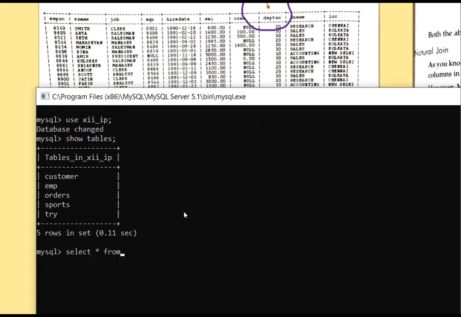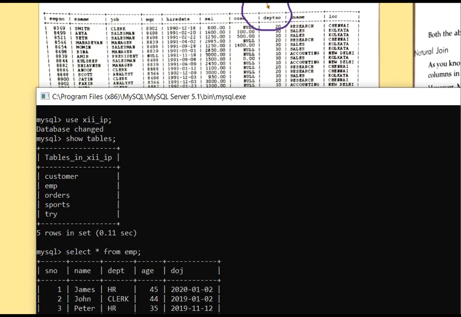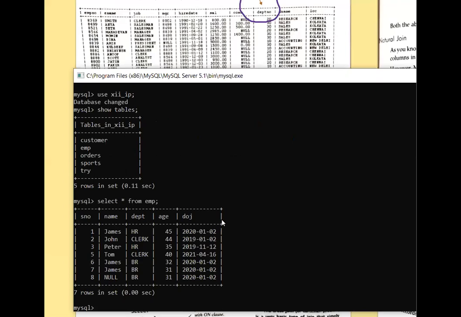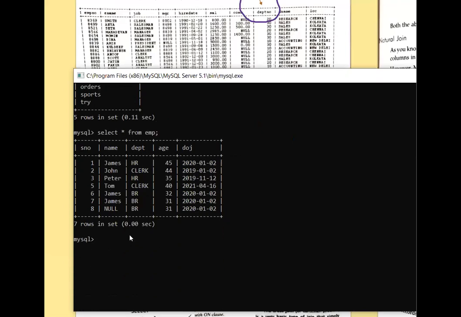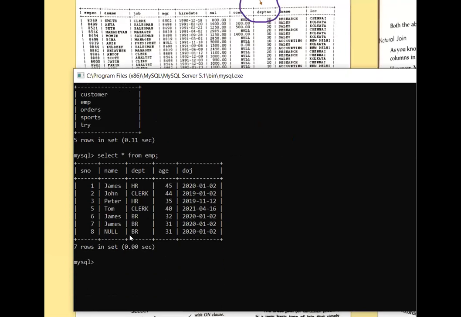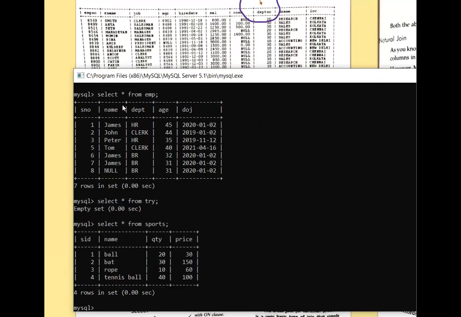Select asterisk from EMP. And this is one table, and I think the second was sports. Select asterisk from sports. One table is EMP and the second table is sports.